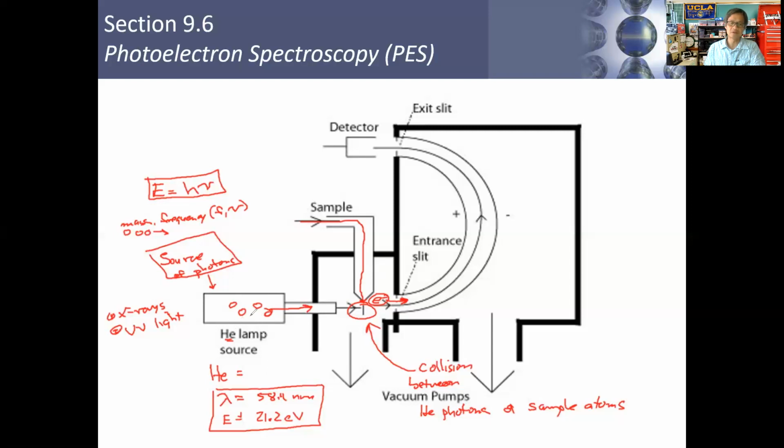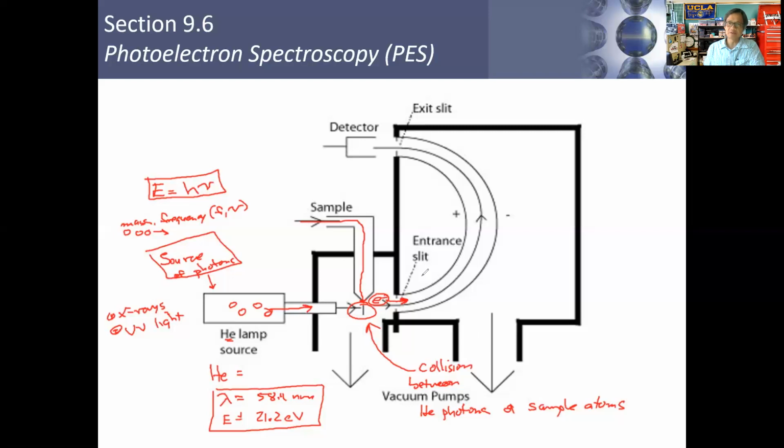So we have a helium source in here. Helium is a fairly large atom relative to photons, however, when you energize the helium, it emits very high energy photons, with an energy of roughly 21 electron volts. That's enough energy to cause the emission of electrons from most atoms and most molecules as well. So the collision occurs in here, and once the collision occurs,